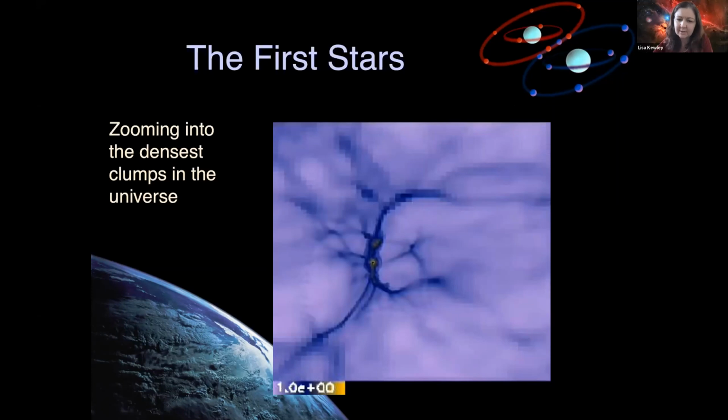So first there was darkness, and then the first stars formed in the densest clumps of the universe. And so stars form when gas is really dense, and it basically just collapses, and then a star forms. When that star forms, it lights up the universe, and it actually rips electrons off the atoms that are surrounding the star. And that means that you can actually start to see through the universe.